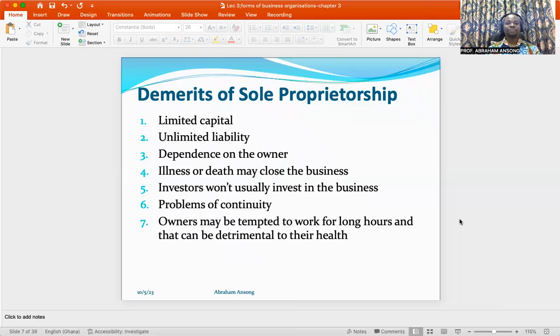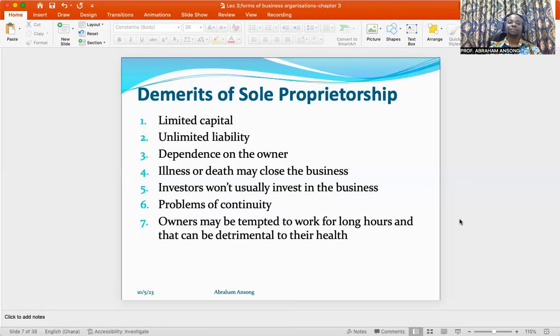But there are also disadvantages of sole proprietorship, and we have to take note of this point. Very, very important. Point one is limited capital. So much earlier we said it's easy to set up, because the regulations that you have to meet and the forms that you have to fill are quite easy. But when it comes to raising capital, there is a problem. First, it's just one person. And so all of the capital will be limited to the funding that the sole proprietor can provide.